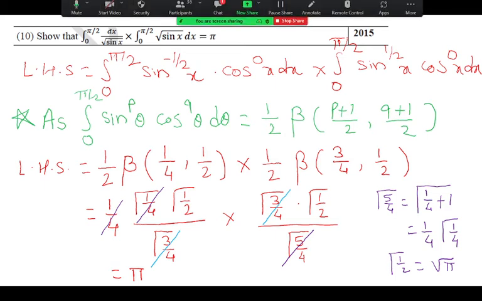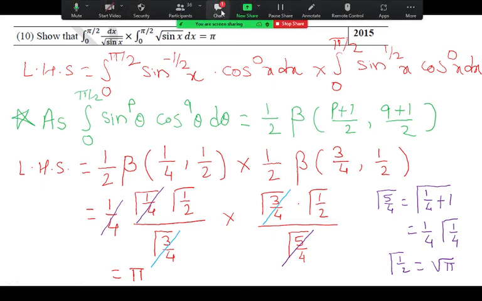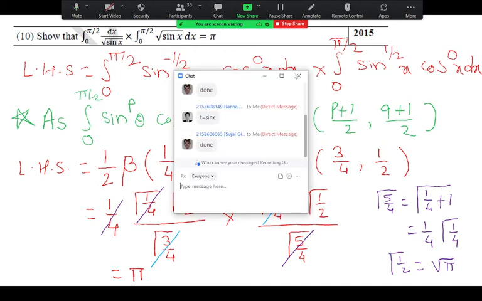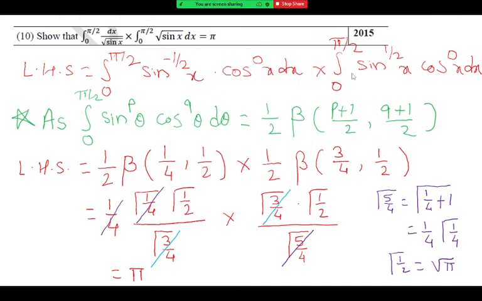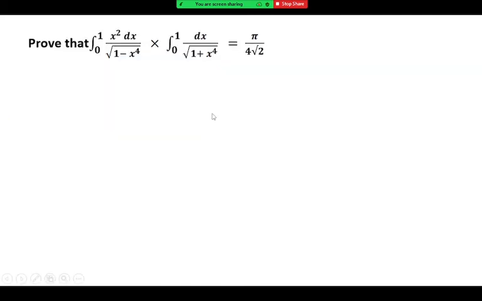So here is the last question then. Last question on beta. I will give this example for you to practice yourself, and I will only give the hint to solve it. Just a minute. The question is on the screen. I want a hint from your side: how will you do this question? Can anyone tell me? Yes, anyone?